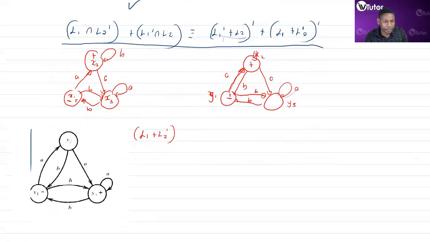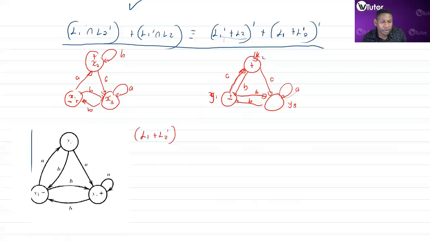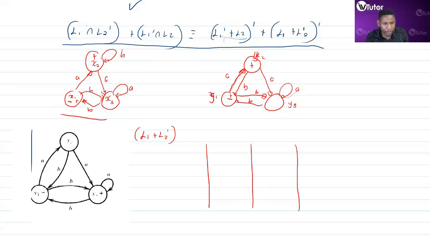So L1, so this is L1 complement. Which one is L1 complement? Is this one and L2. So we're going to draw our table. So we've got new states. We're going to have A and the B. So for union, Z1 is going to represent X1 or